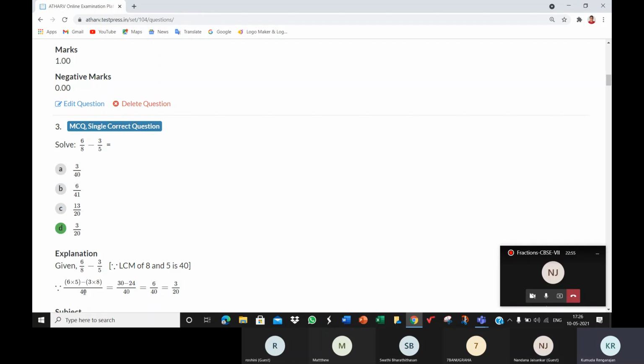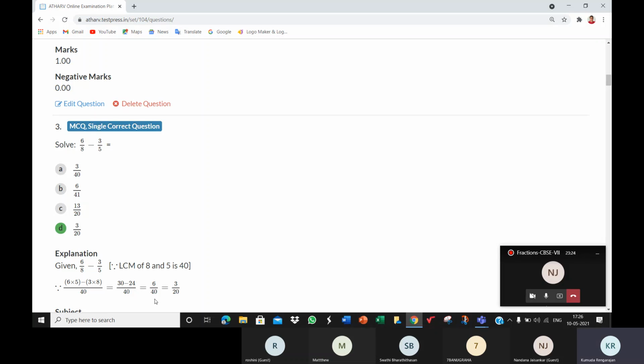All right. 40 is the LCM. So 8 into 5. Now I'm not explaining in detail, I'll make it fast. 8 into 5, 40. So 6 into 5, minus 3. Write this 3. Now the denominator 5 multiplied by 8 will give us 40, so multiply 8 to the numerator. That's what you see here. 3 into 8. So then 6 5s are 30 minus 24 divided by 40.